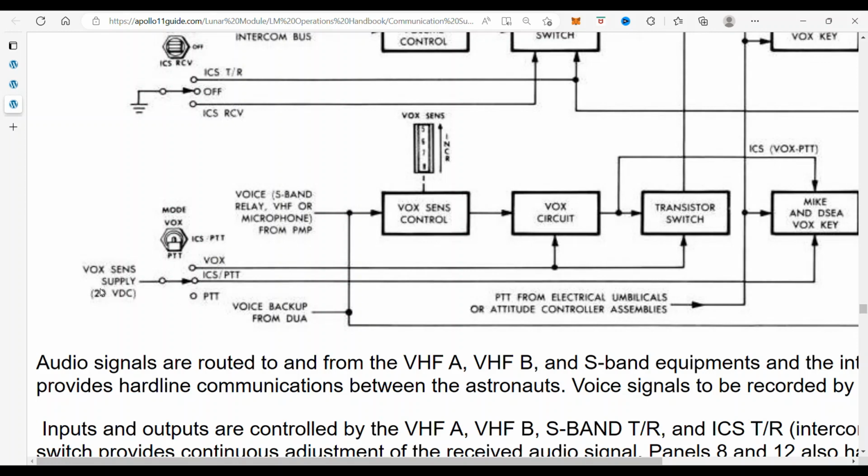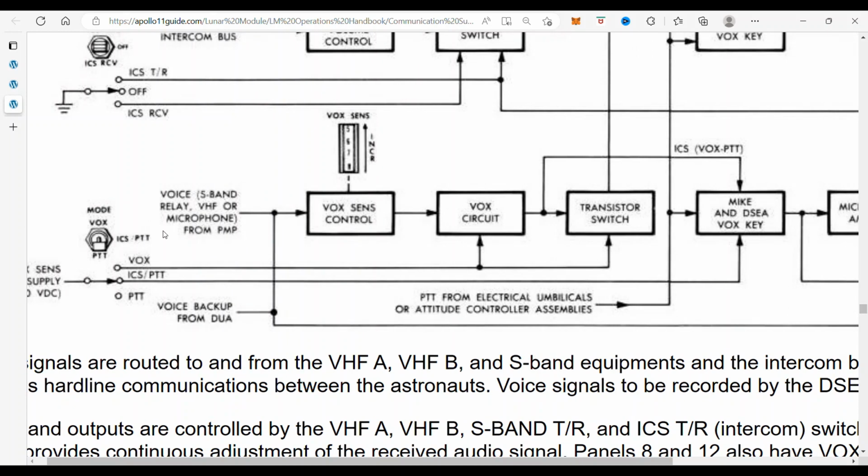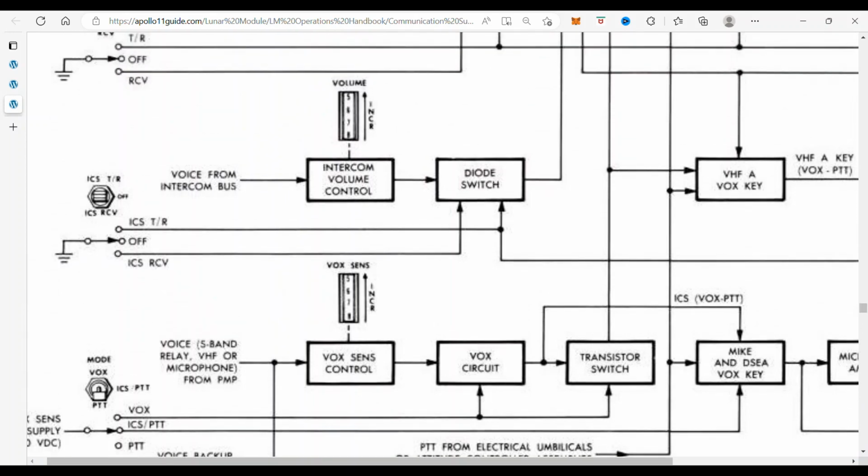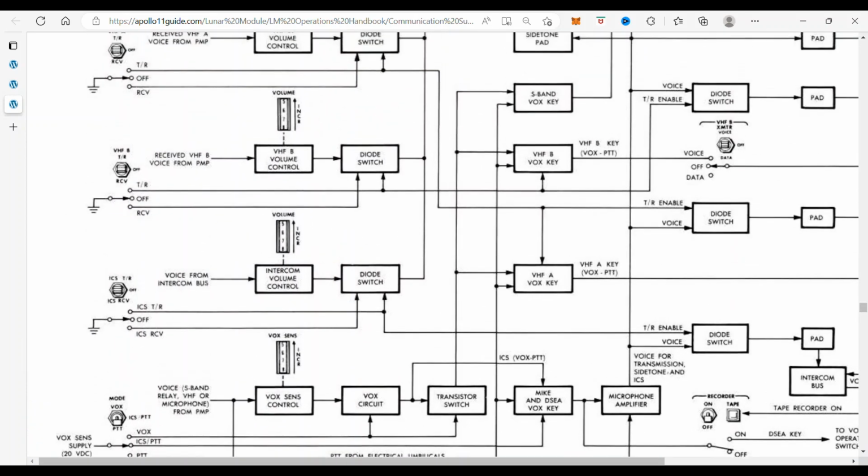So when the power comes in, which is 20 volts, if we keep it in VOX, we see it goes to the VOX and the transistor switch, which then comes up,